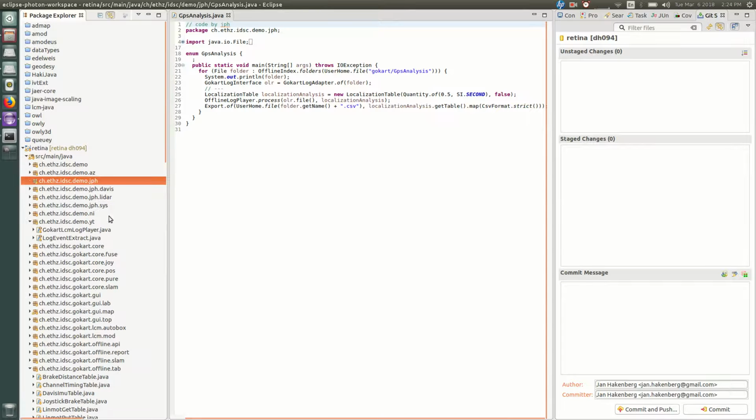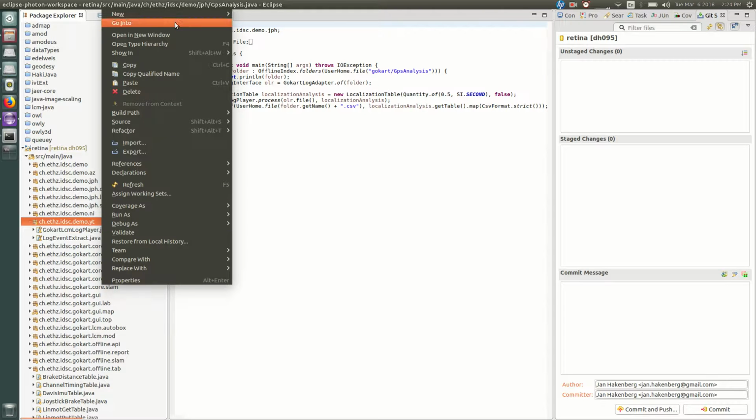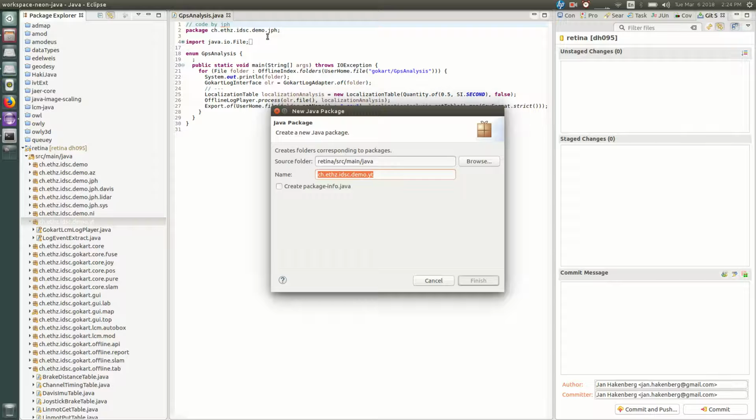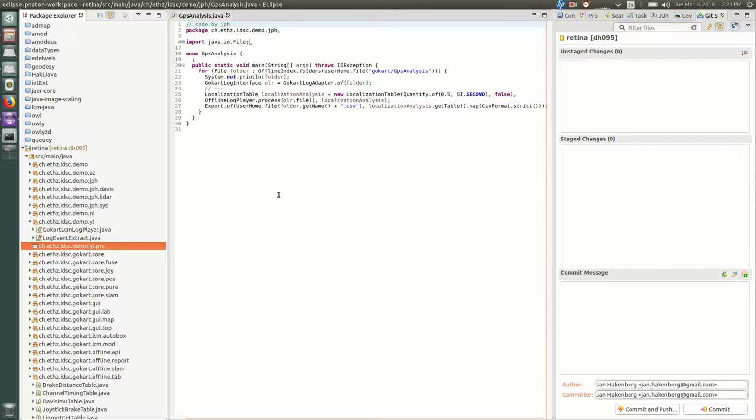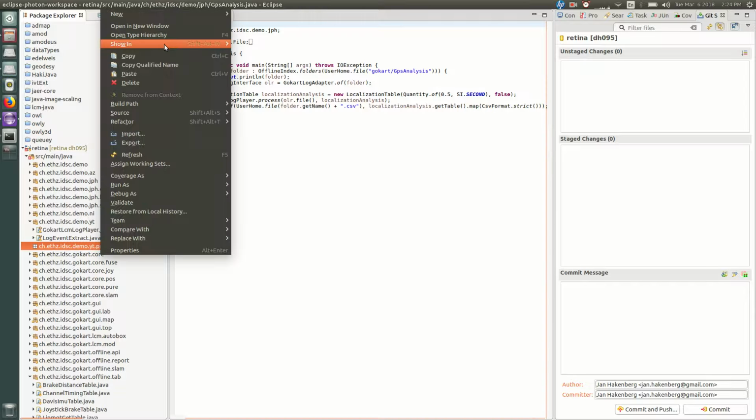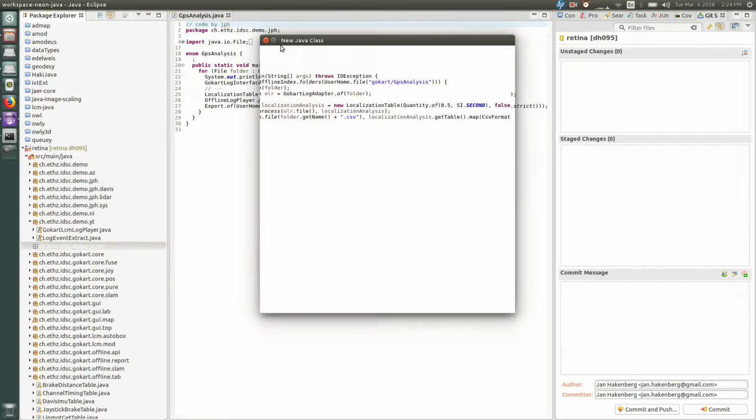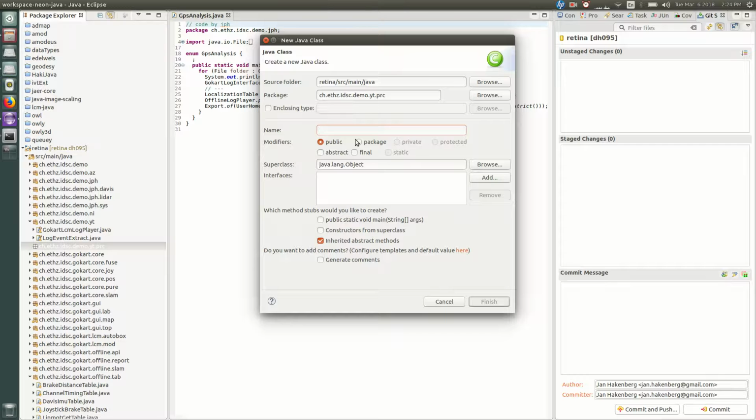Okay, so for post-processing I'll make a new package so that all the post-processing is separated from other topics. So I will make a new class which will then be able to listen to the events in the log file. So an event refers to any kind of message that was recorded during the operation. So event equals message. Let's give it a name. This may be a new trajectory